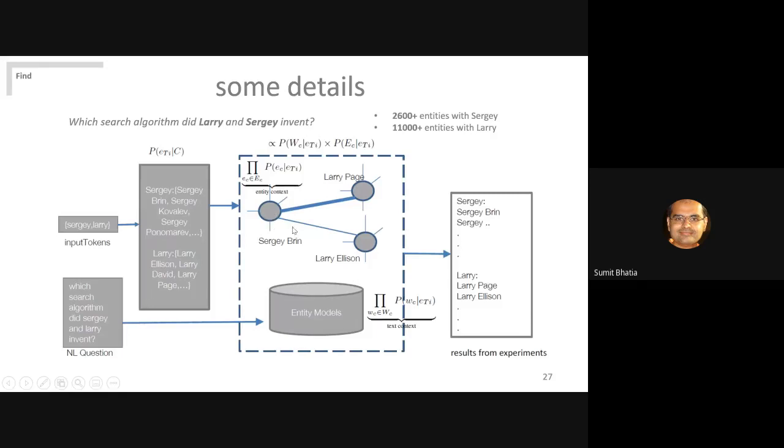In the graph, we will notice that Sergey Brin and Larry Page are very strongly connected because we see them multiple times together. And Sergey Brin and Larry Ellison also have some connections because they are all related to computer science. They are all located in California, but the connection is a bit weak. At least it is weaker than the connection between Sergey Brin and Larry Page.